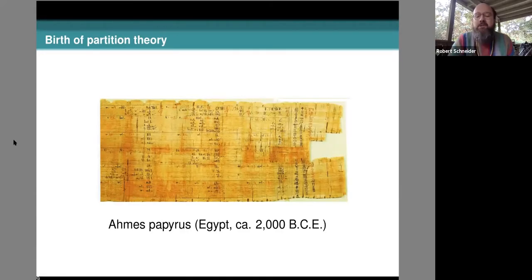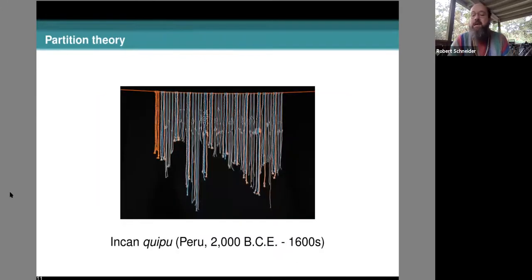Here we have the Ahmose papyrus from Egypt. This is a very famous set of mathematical documents, also known as the Rhind papyrus. In any event, the theory of Egyptian fractions is borne out on these. In order to do that, that's like partition theory for fractions. So it's like even harder. But I'm just saying, the Egyptians had an amazing command of arithmetic. Here we have Quipu, which are these Incan kind of like string diagrams for writing numbers. These have been used for thousands of years.